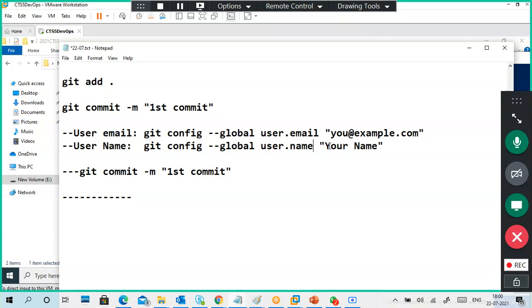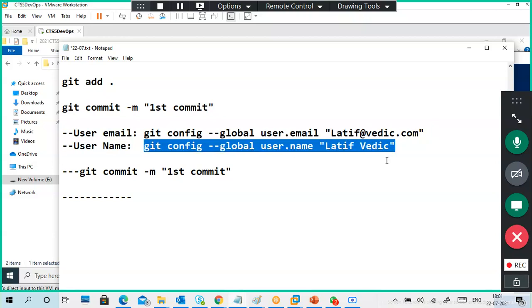So here your name goes, so I'm going to put my name only. In the email, you can use example.com, or anything like sunstart.com also. I put vedic.com, no problem. So these commands I have to run. It's a little confusing.